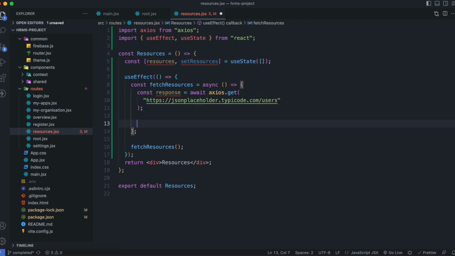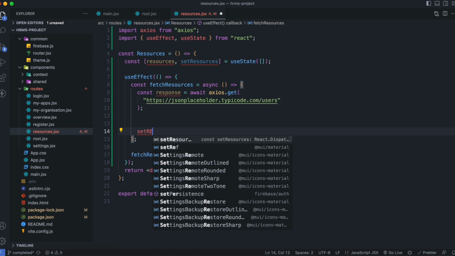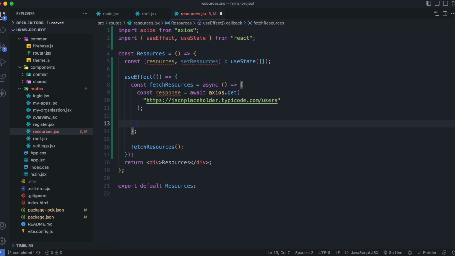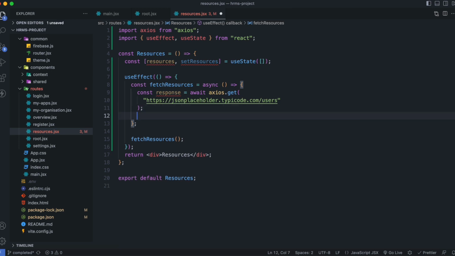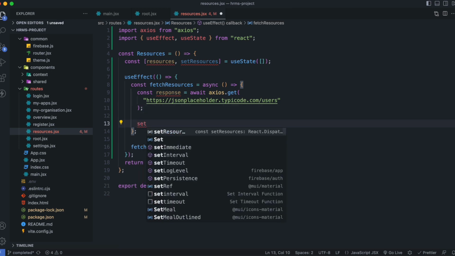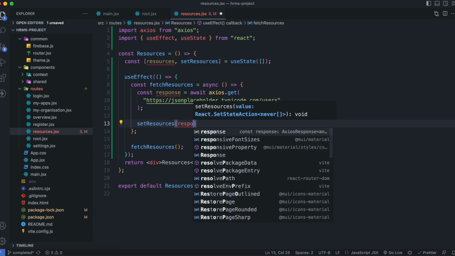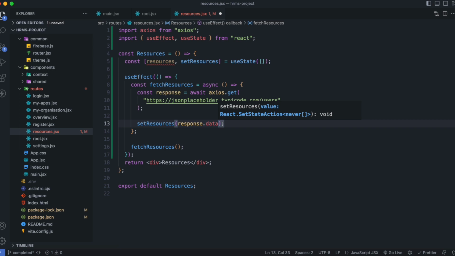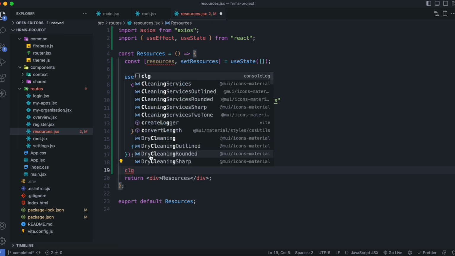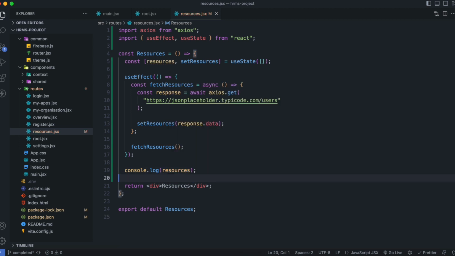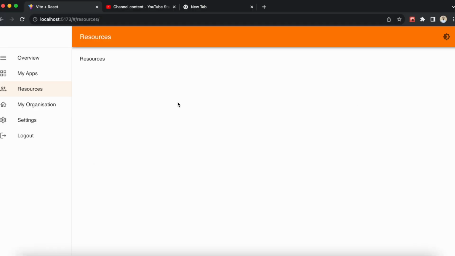I will call setResources and set the resources as the response dot data, and let's console log the resources. Right. So if I inspect now,